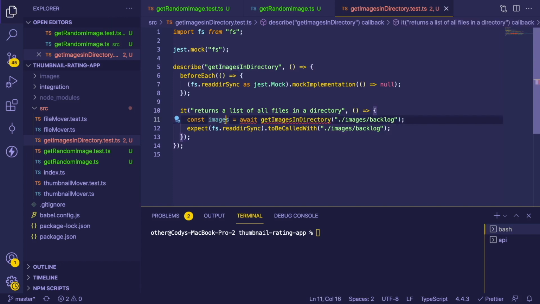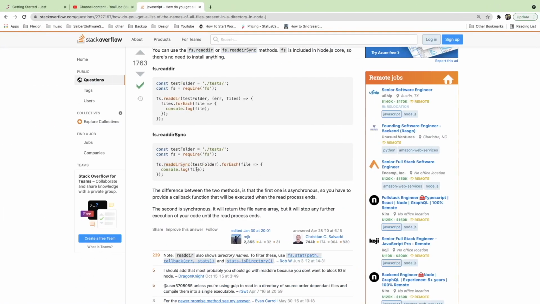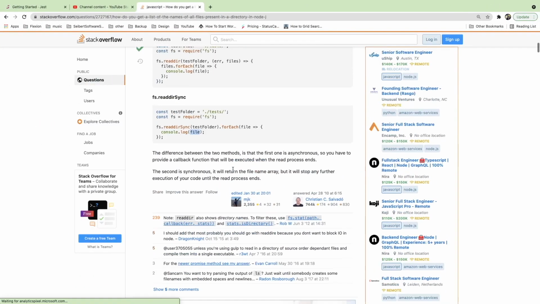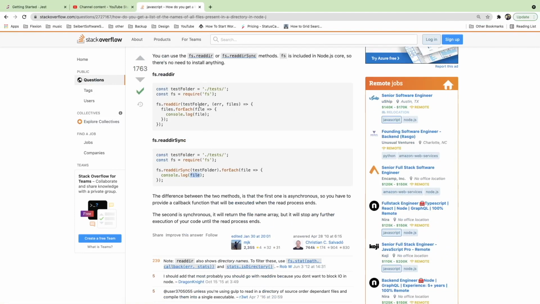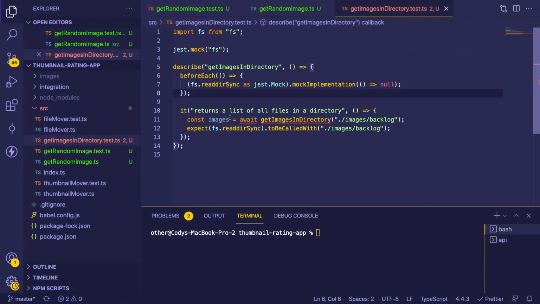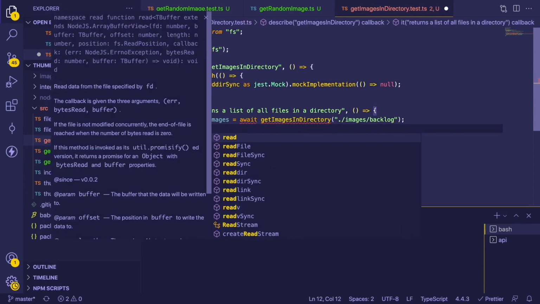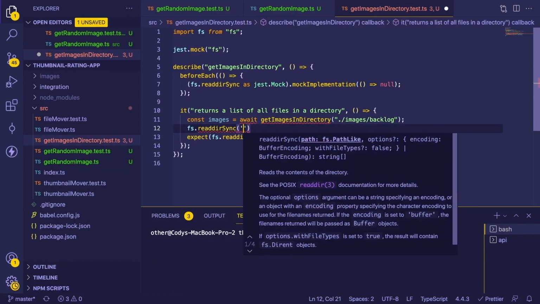And we should verify that the images that are returned should probably be equal to something. Right up here, we're mocking out the implementation of this function. But what it returns is an array of files, I believe. If you look here, it's an array of files. And each of these files probably has a name or something. I'm not really sure. I have to kind of look at that. Maybe we'll have the type here. If I do fs.readdirSync, and then say like images